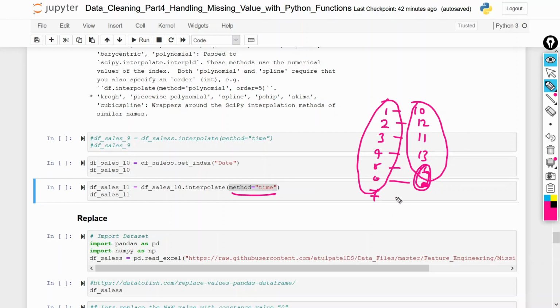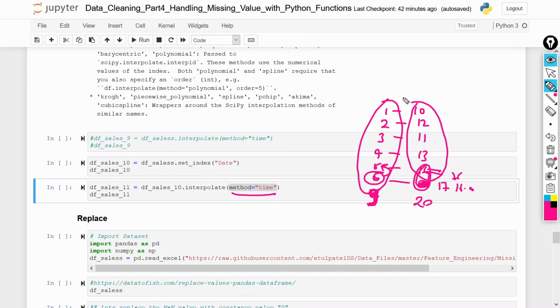I have one value, 7 is equal to 20. And this is your 16 and this is your 6, this is your 9. So in that case what will it do? It will replace this null value considering this date 6. And how will it impute? It will impute nearer to this date 5. It means we have 16, so it will probably be around 17 or 16.8, near to this value 16. So it imputes the value in such a way.